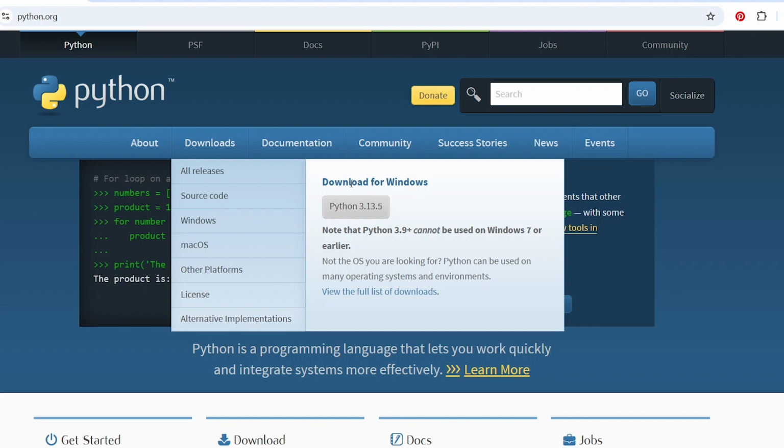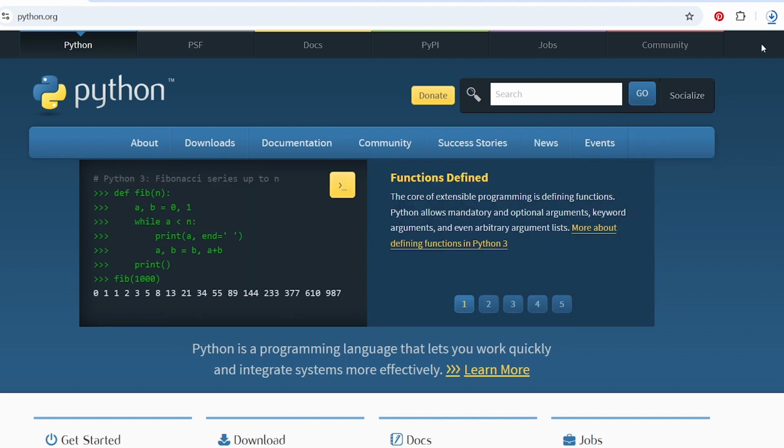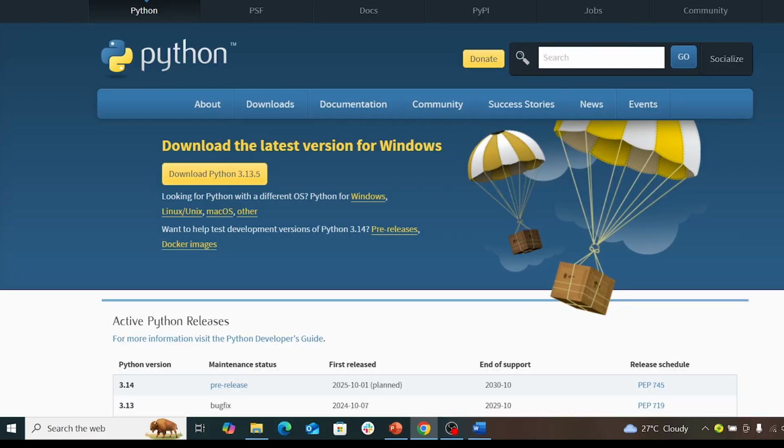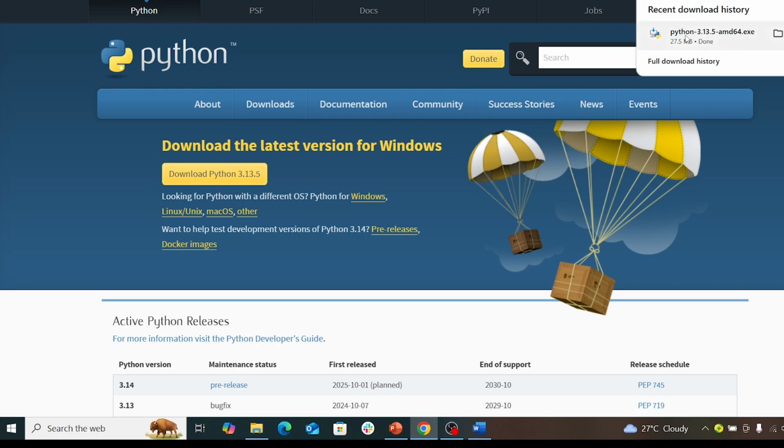So I'm going to click on Python 3.13.5. So this is the latest stable version of Python. So I'm going to click on it, and the download will start automatically. So from the progress bar, you can see it is downloading. So wait for it to download. So now that we are done with the download, let's go ahead and proceed with installation. So I'm going to click here, or I might as well go to the downloads and click on the installer to initiate the installation process. But this is faster, so let me click here.